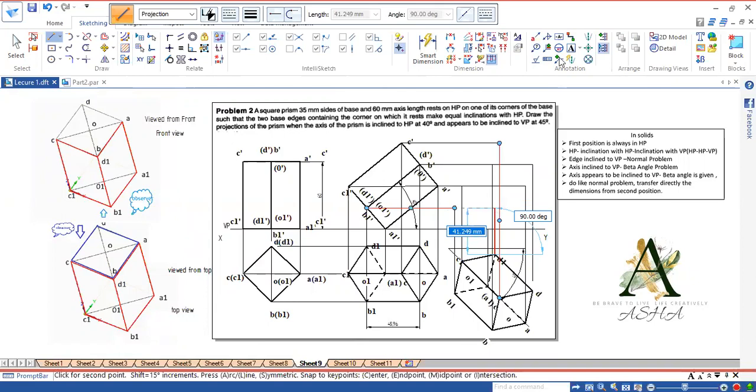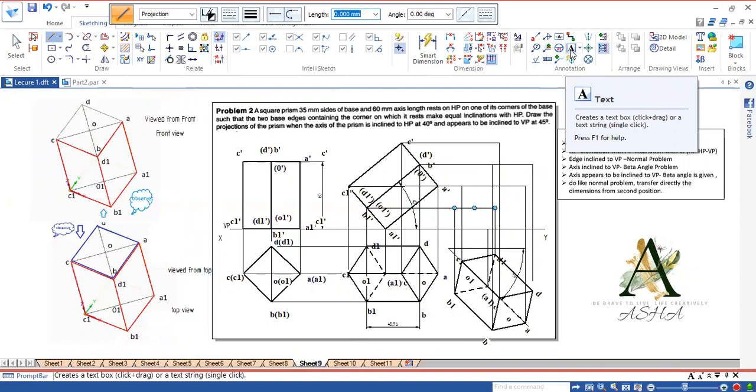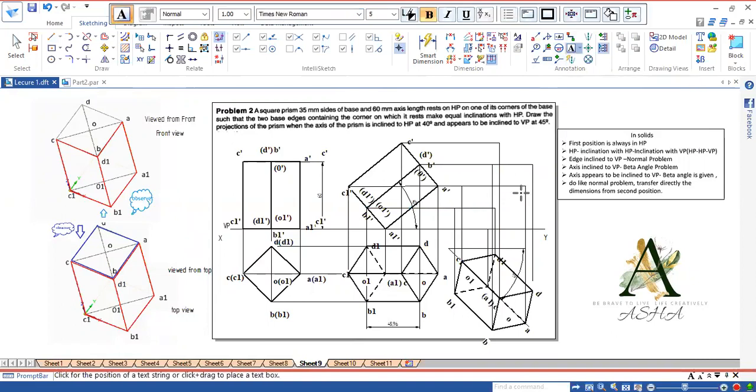Okay, now name it. A dash. So this is my A dash, B dash, C dash, D dash.